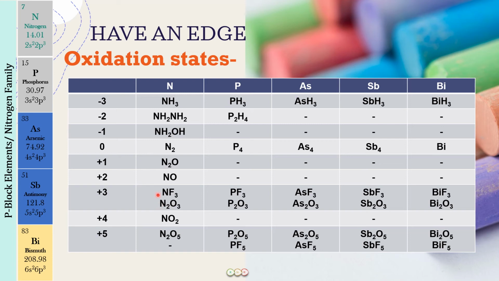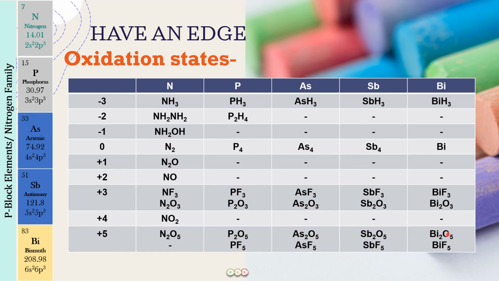So they are going to form NF3, PF3, AsF3 and so on. And similarly dinitrogen trioxide, so N2O3, P2O3 and so on. So all of these compounds, they are making these compounds. And then we have the plus 4 oxidation state being shown only by nitrogen again. So this will be in NO2, which is nitrogen dioxide, and also you can write over here in the bracket N2O4, which is a dimer of NO2. So there also we will be having the plus 4 oxidation state, and plus 5 is going to be shown in which oxide? It is going to be N2O5, dinitrogen pentaoxide.